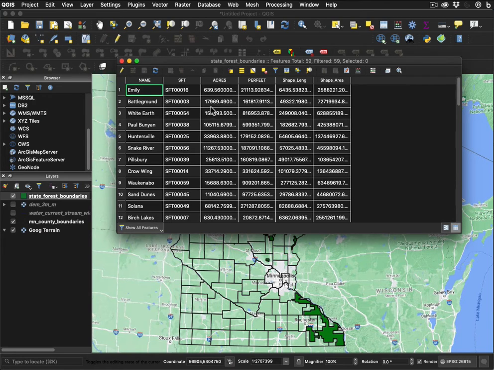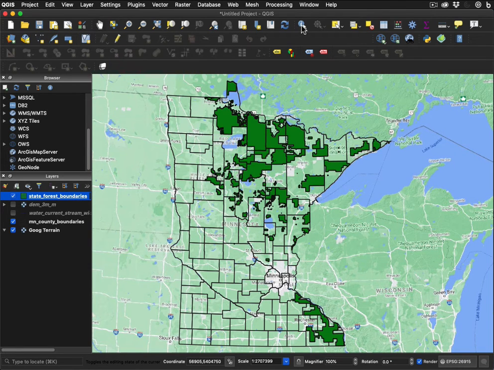These might not match because the coordinate system might not be measured in the same units as a calculation of an area. We have to be careful for things like these shape lengths and shape areas because they sometimes don't get recalculated when you change the data. So you just have to be careful to know that things aren't automatically updated all the time, or even most of the time. I can close this by clicking here in the corner,